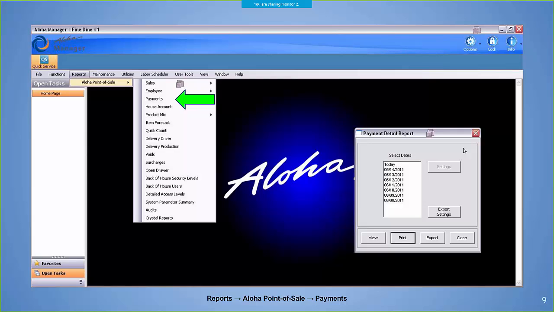It's a good document for backup purposes in case we are audited, or to have our paper records of things. Sometimes people will take these paper copies at the end of the period and move them off site. So these three here at the end, the payments, the sales, and the labor reports, are your three basic daily reports. Typically what happens on site is that these reports will get run as a paper copy,